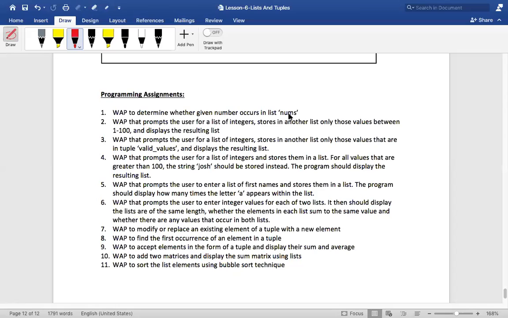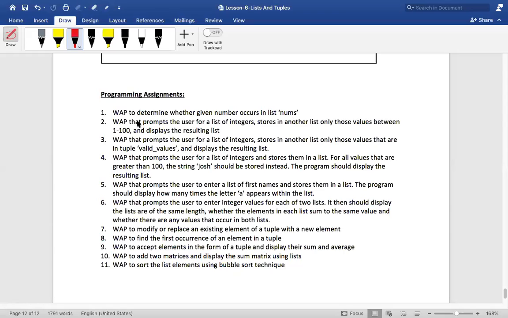Now tell me whether that 5 is there in the list or not. The original list which I created was 1 2 3 4 5. It is there, so you will have to say whether it is there or not. So how do you do it? I think I've given you all the tools necessary, so I want you to actually use them.